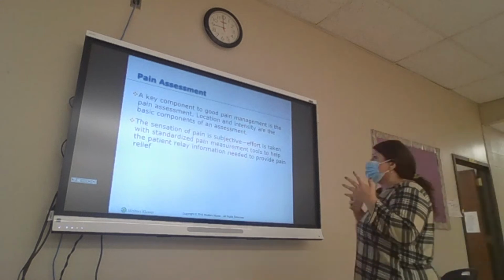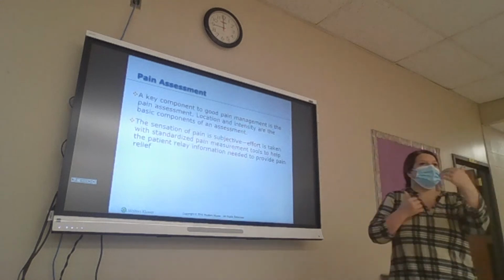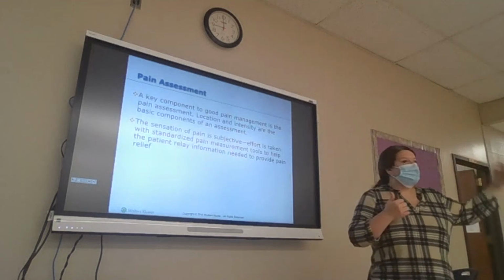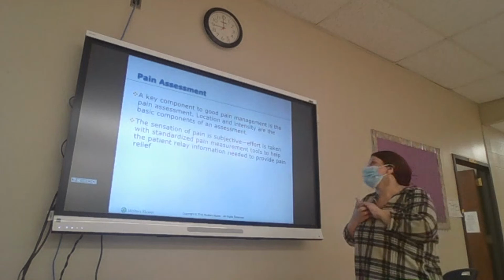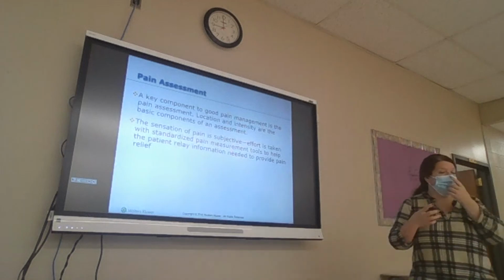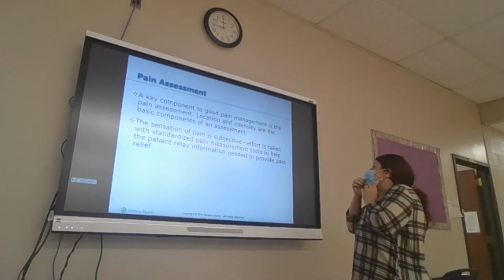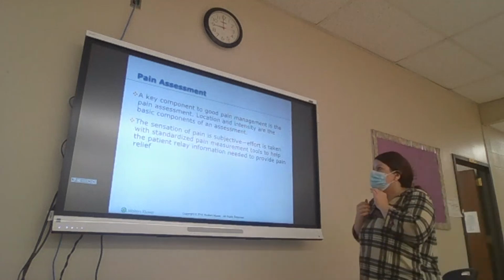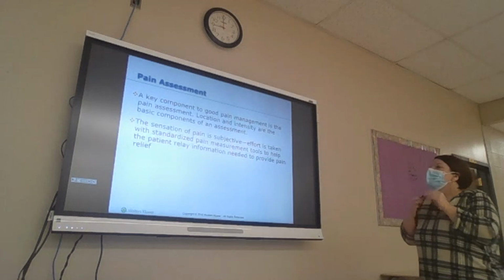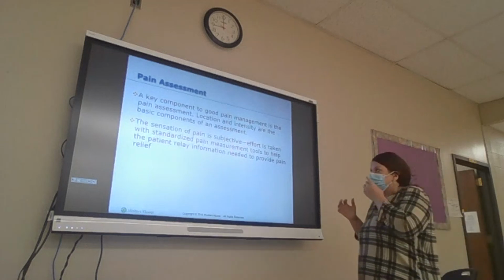It's the same whether you're giving a salicylate, an opioid, an NSAID, whatever. That pain assessment is going to be a priority, to see what's going on with them. Location and intensity are the basic components of an assessment, and it's important to remember that the sensation of